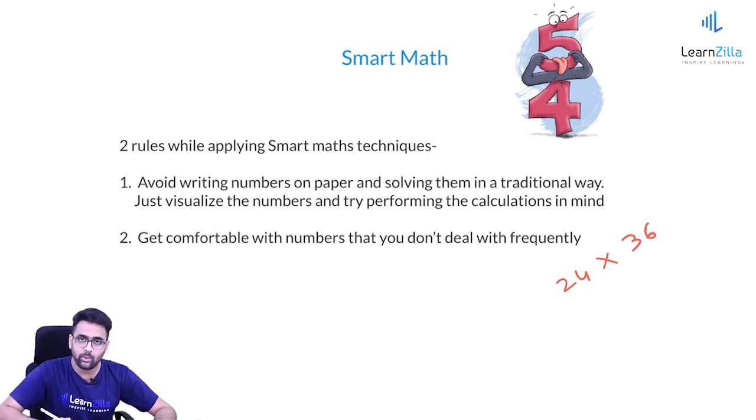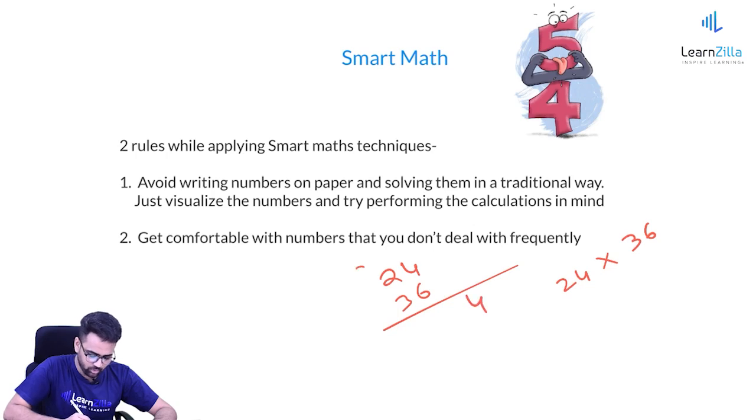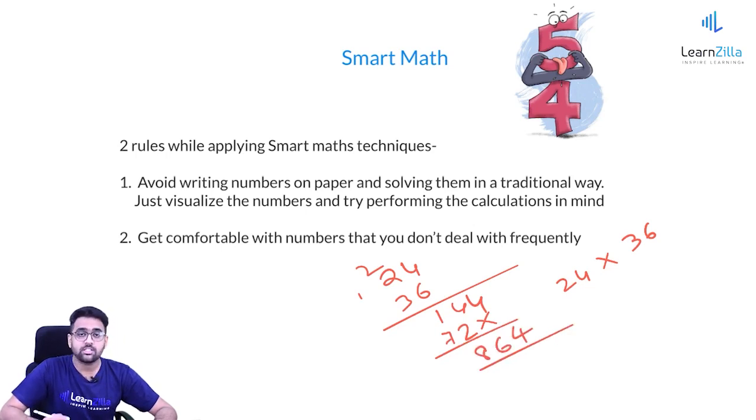When you're doing this multiplication, you have a general habit of writing 24 and 36 like this. 6 4s are 24, 6 2s are 12 plus 2 is 14, 3 4s are 12, 7, 4, 6, 8. This is how you generally do it. But as you go on and practice, there should be some change in the way you have been used to doing things in the past, so that it helps you develop these techniques as part of your practice.